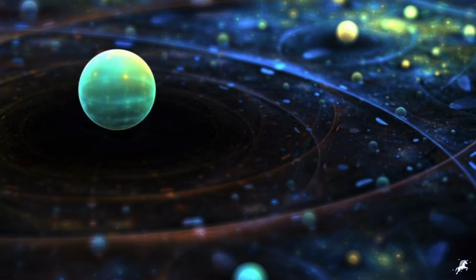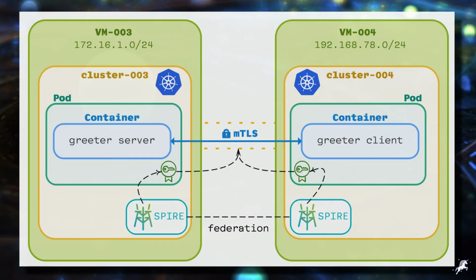That part taken care of, let me show you what we are planning to implement at a high level. In our setup, we'll have two virtual machines in two separate networks. The first one is what I call VM3, which is on 172.16.1.0/24 subnet, and the other one is VM4, that is on the subnet 192.168.78.0/24. And these two machines can ping each other, that is to say there is a network connectivity and a